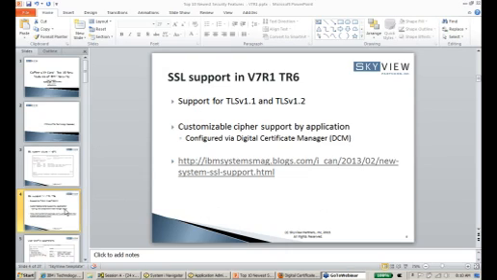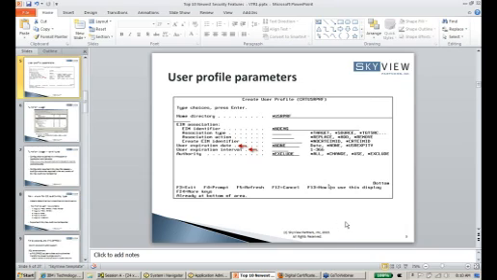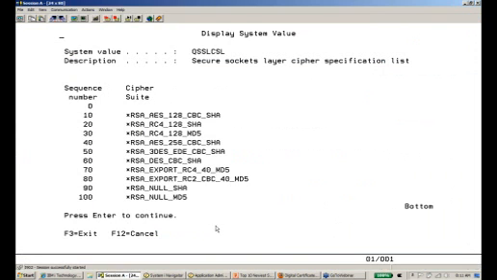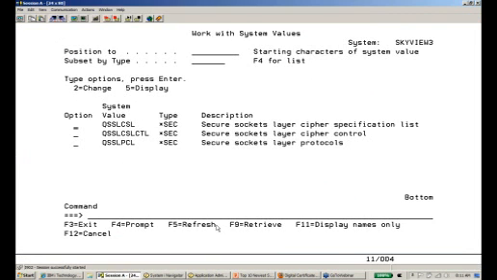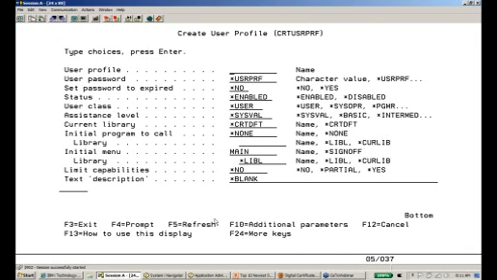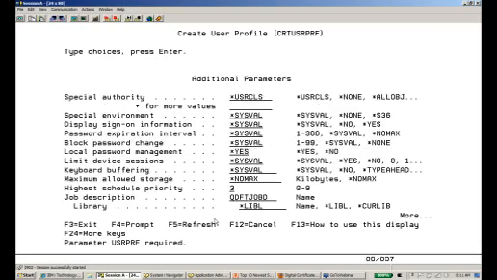Okay, so that's new encryption support. And that was V6 and technology release 6. Okay, moving right along. The one thing that really did come in V7 proper are some new user profile parameters. So if we take a look at that, they're at the very end of when you create a user profile. So if we go to create user profile and we go all the way to the end here,